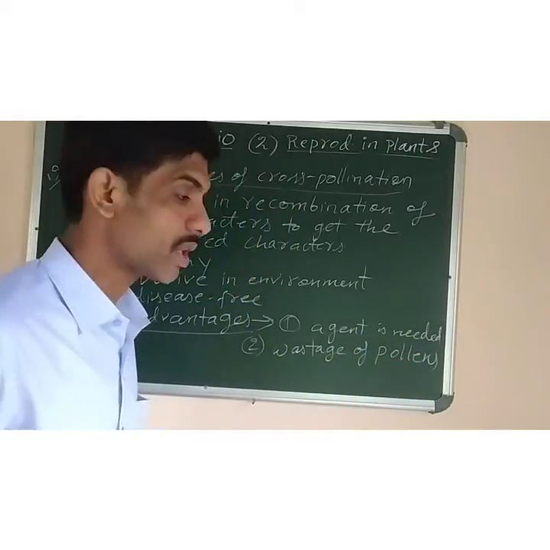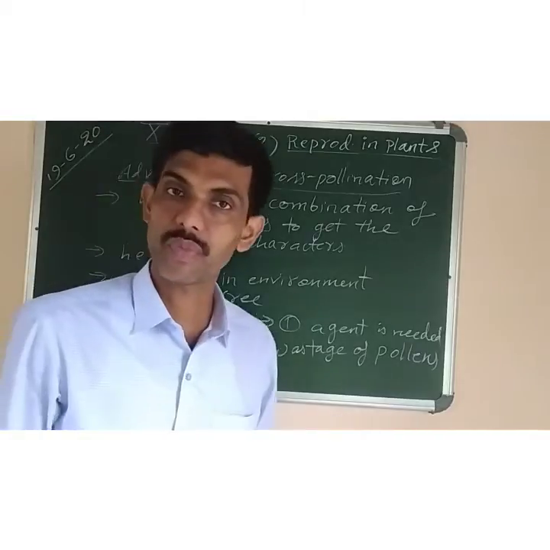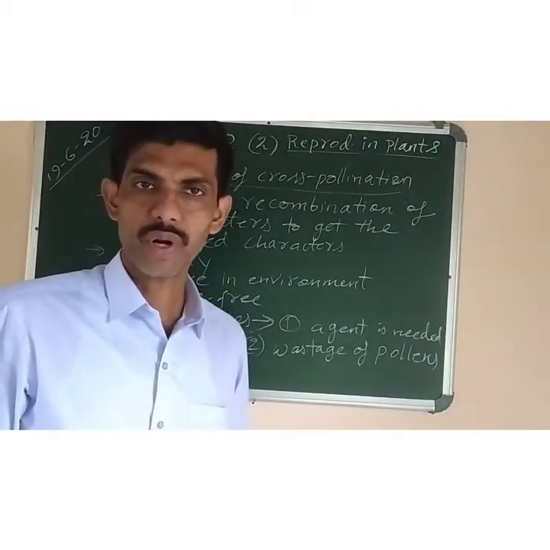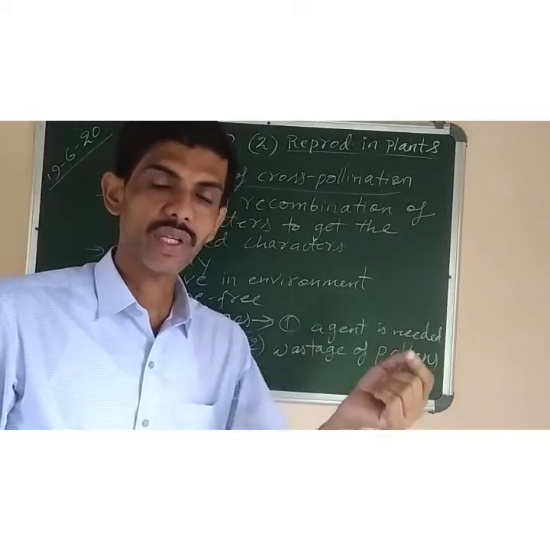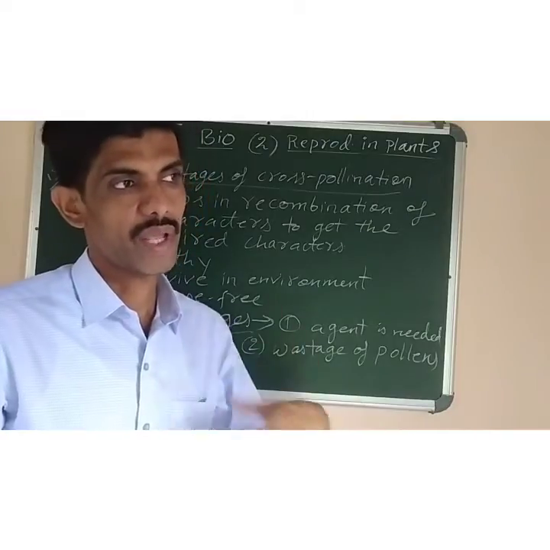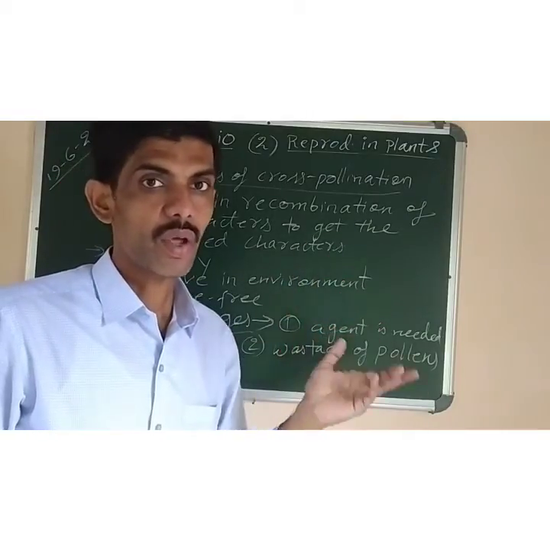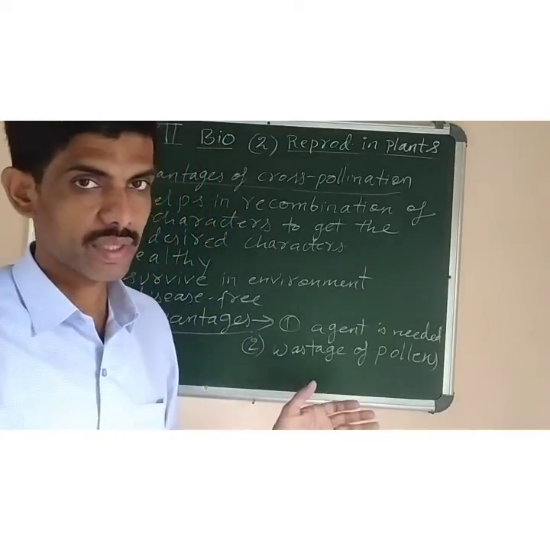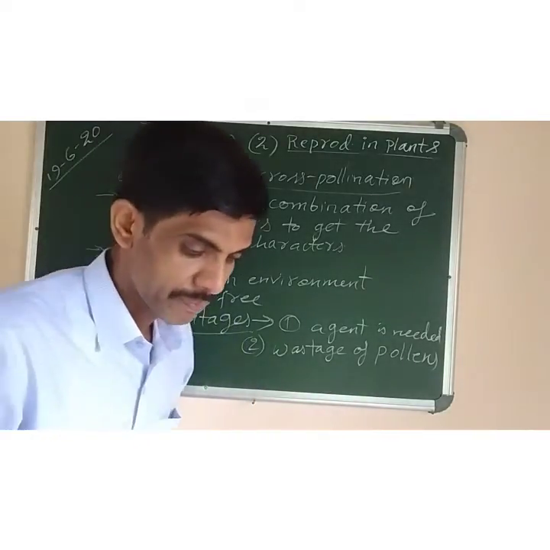Example also you can give why the pollens are wasted, because in wind and water pollinated flowers plenty or large quantity of pollens are produced, but only few of them reach the desired stigma of the flower, and many of them get lost on the way during the transit when they are traveling from one anther to the stigma of a flower. Then